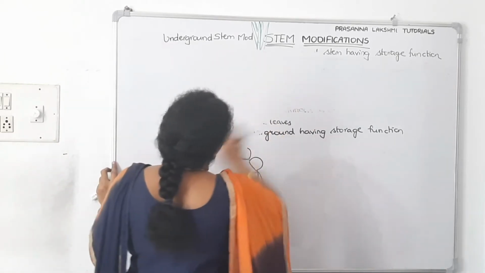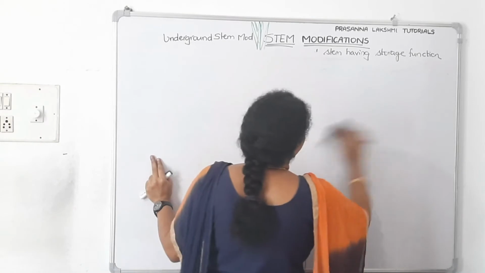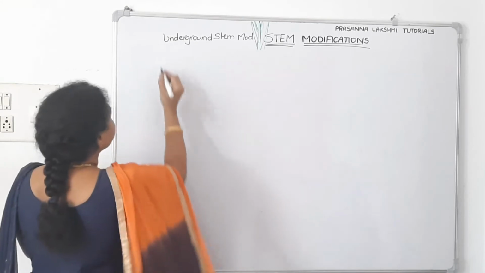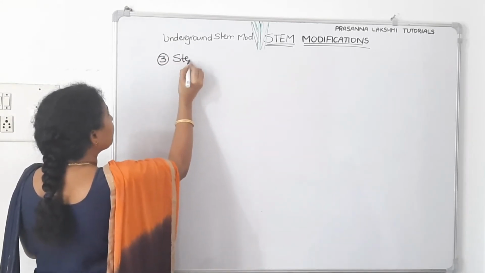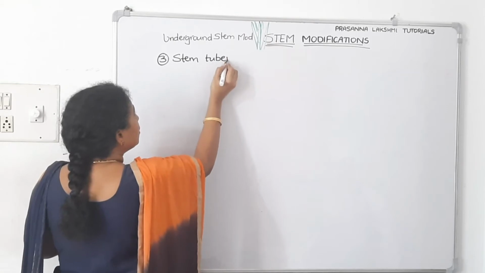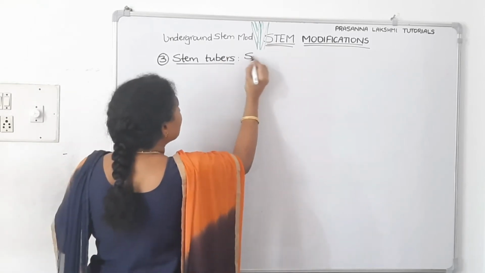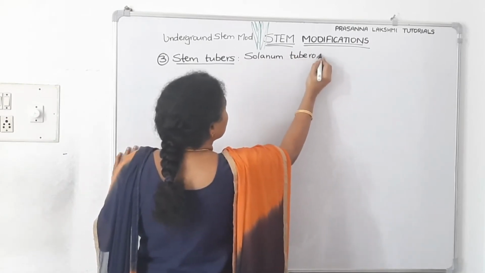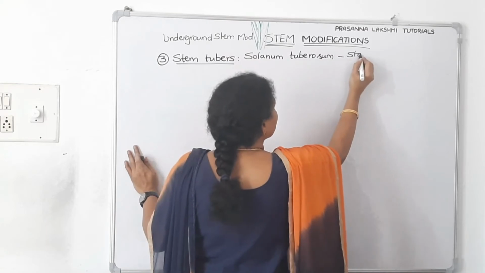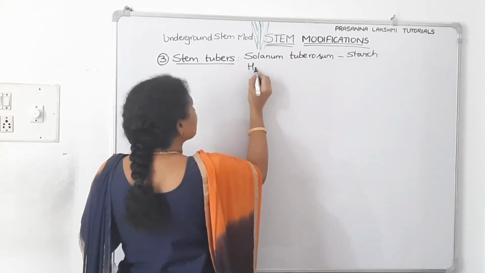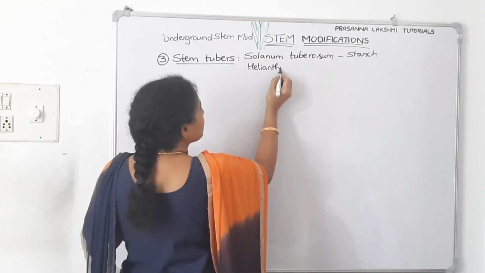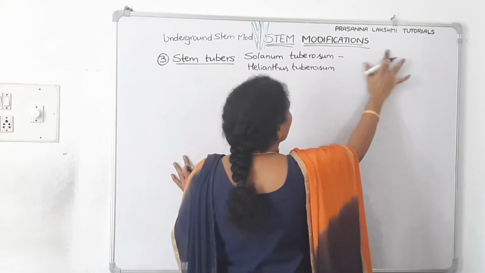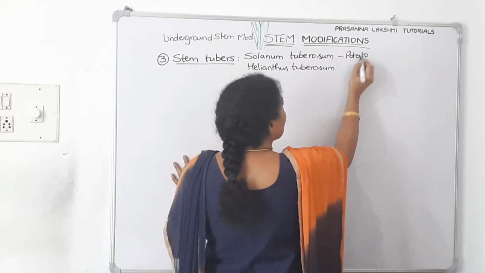The third type of underground stem modification is stem tuber. Where can we find stem tuber? In potato. Stem tubers. So example, Solanum tuberosum is one example which stores starch. The other one is Helianthus tuberosum. So Solanum tuberosum, its common name is potato, and it is